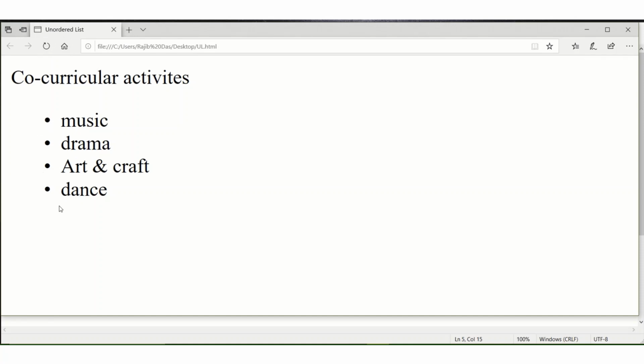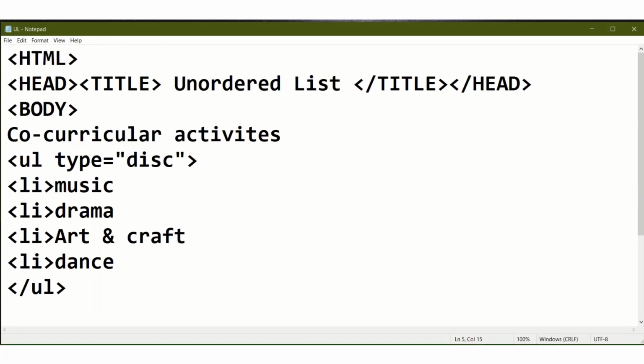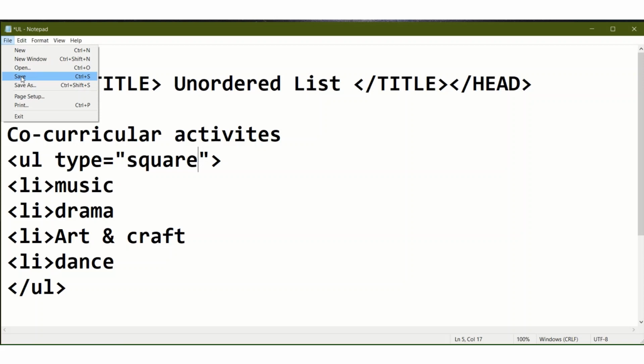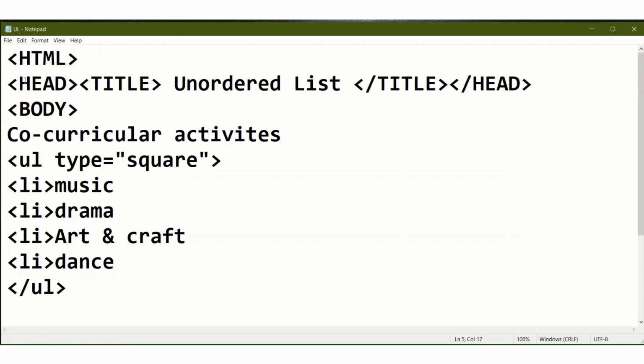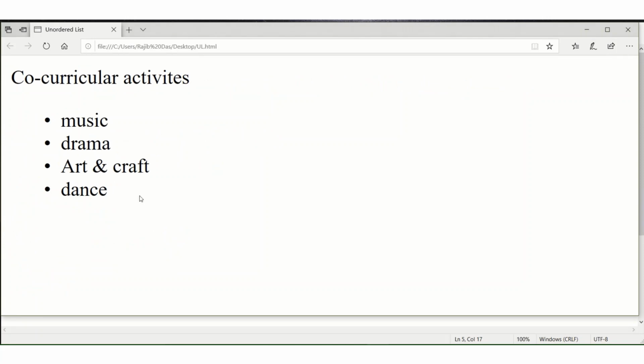Then go to the notepad, another one, and this is the last one, square. Okay, square, and then save, go to the output page, refresh.